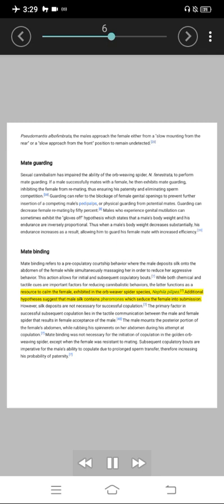Additional hypotheses suggest that male silk contains pheromones which seduce the female into submission. However, silk deposits are not necessary for successful copulation. The primary factor in successful subsequent copulation lies in the tactile communication between the male and female spider that results in female acceptance of the male. The male mounts the posterior portion of the female's abdomen, while rubbing his spinnerets on her abdomen during his